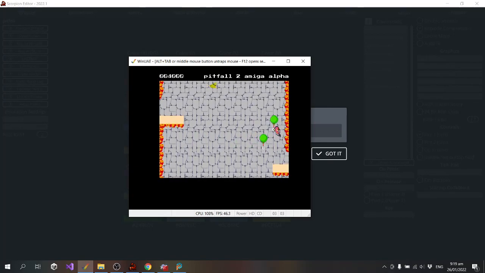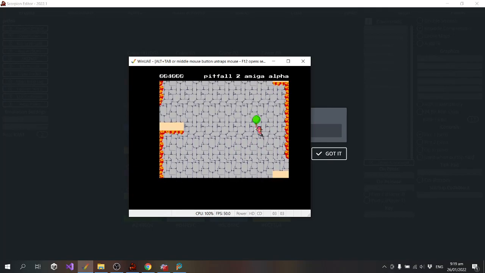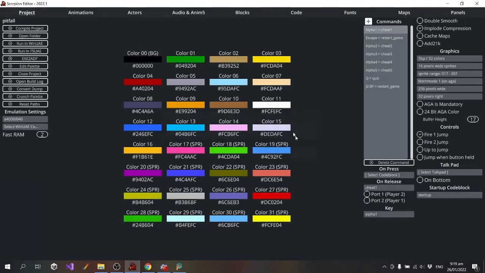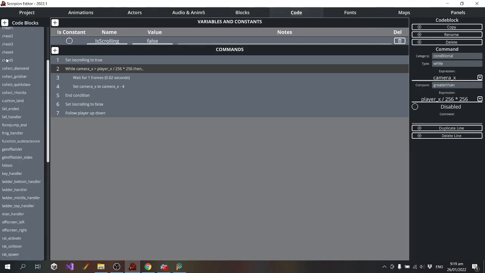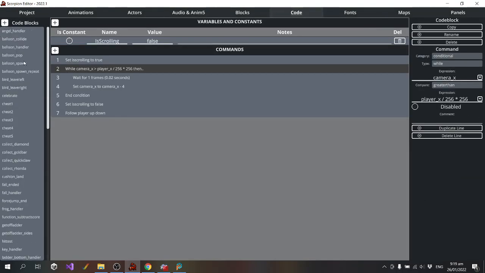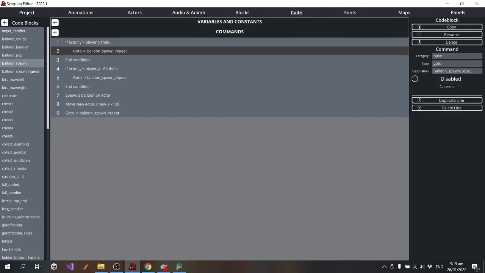Oh, now that's another bug. It shouldn't have spawned the balloon while I was already holding a balloon. So I'll fix that bug.